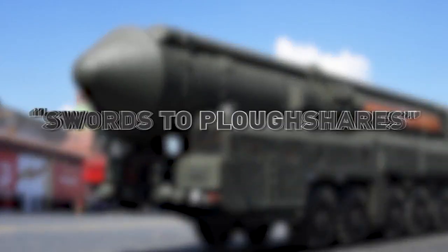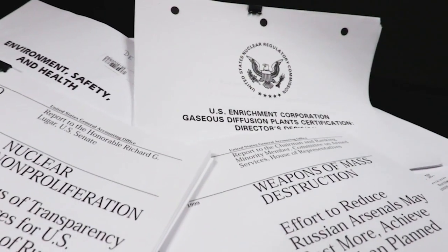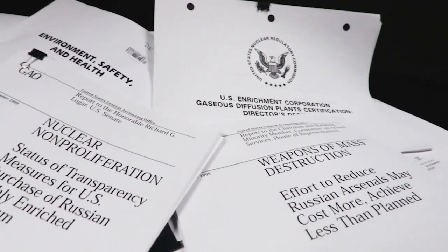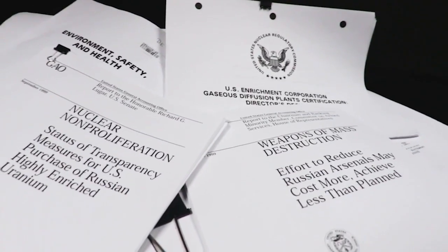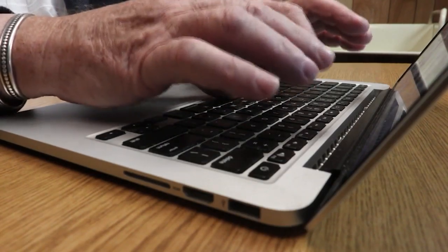"The Congress got into a deal to bring Russian warheads." That deal was called swords to plowshares, or megatons to megawatts. U.S. government reports reveal thousands of tons of enriched uranium converted from those Russian warheads were shipped to PORTS throughout the 90s. Jeff Walburn, who is a top-level security inspector and anti-terrorism responder at PORTS, spent decades researching government documents